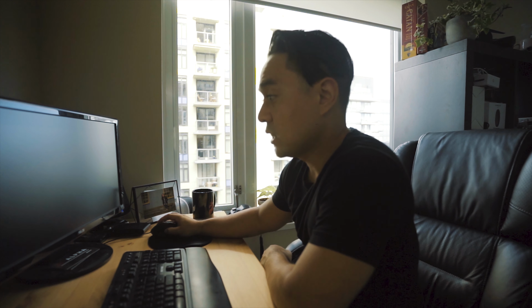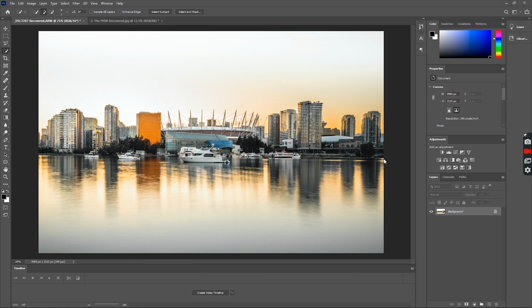For those of you that don't know, I'm from Vancouver, Canada. So I took this photo a few days ago and it was during the sunset. And I wanted to capture the city and the reflections of the buildings in the water. I did a long exposure in this photo, so that's why it has that smooth, silky kind of feel in